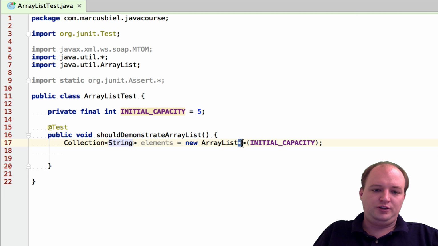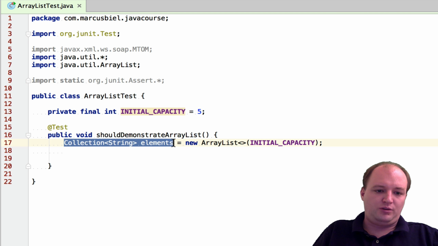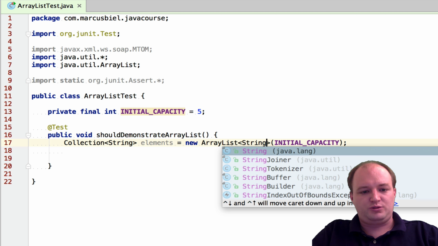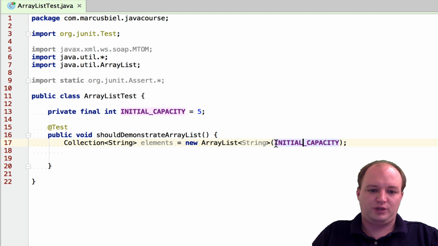And here you might spot the so-called diamond operator that was introduced with Java 7. Well, because we do both in one line, we do the object instantiation and we create the reference variable in one line, the compiler directly sees this must be a string. And this is why here we can use the diamond operator, but we could also do it the old way by typing here string. This is just a bit shorter.